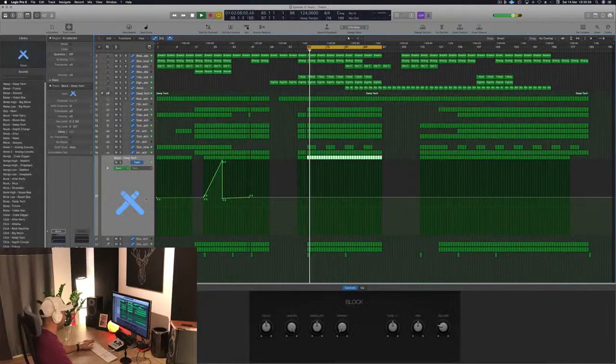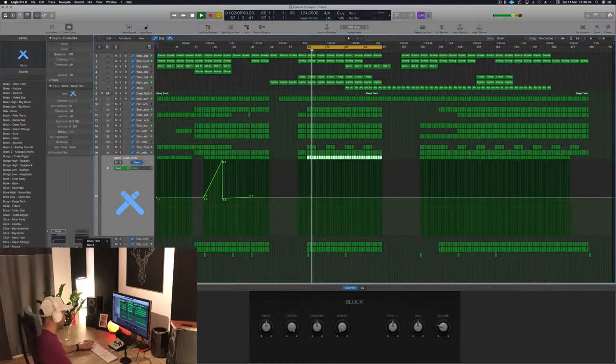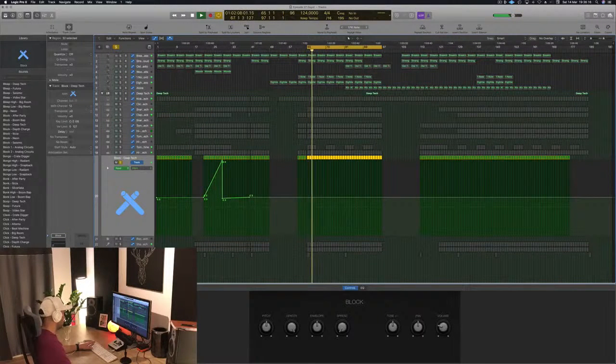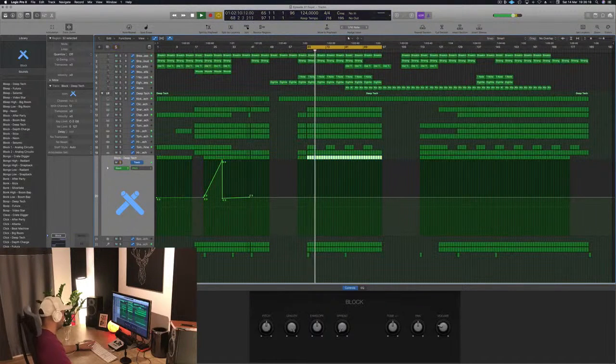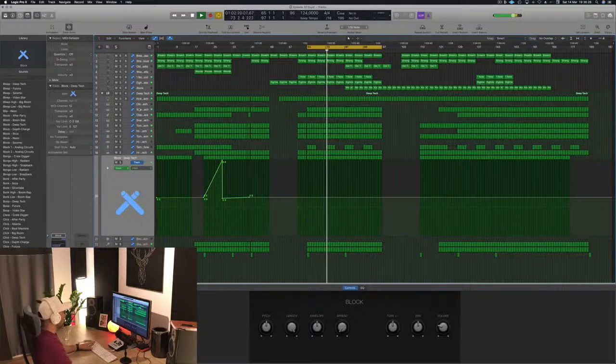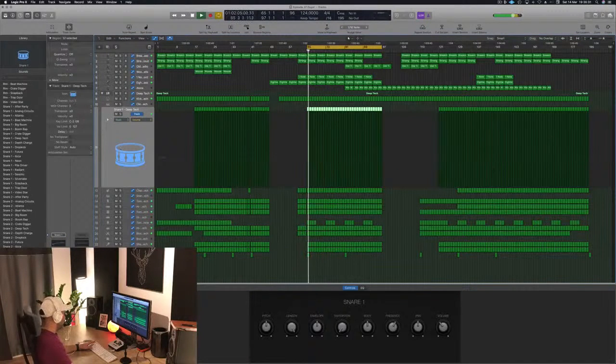So again, those blocks are coming back again, and we're gonna send them first to the reverb to see. Oh, that sounded good. Let's hear it. And maybe the snare a little bit onto this delay, maybe.